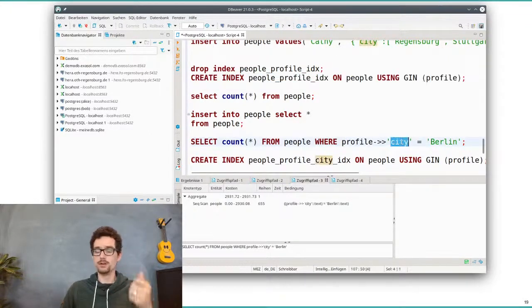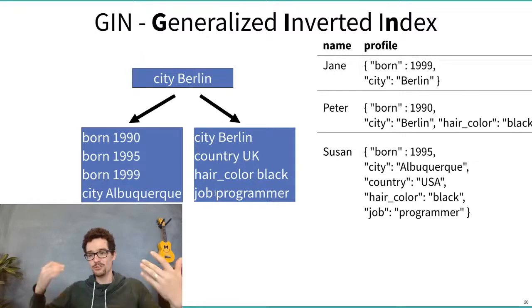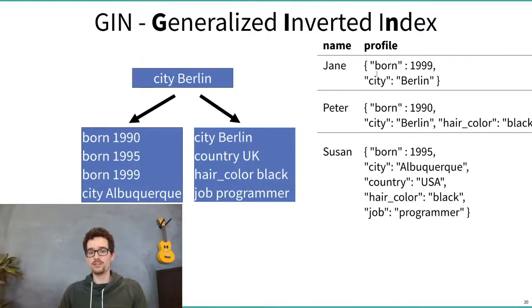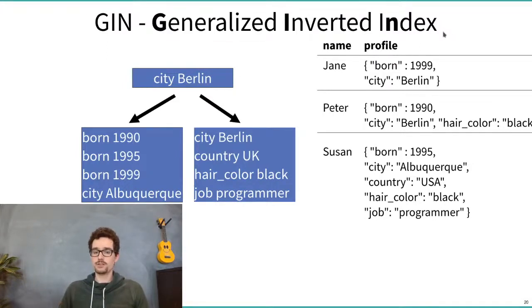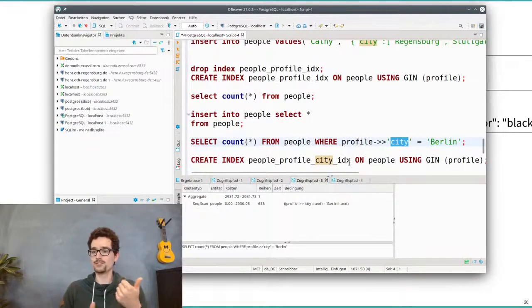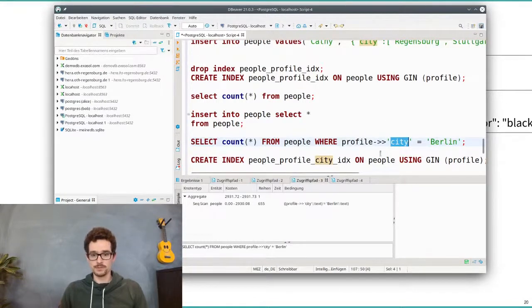Give me all people that live in Berlin, give me all people that have the country UK, give me all people born after 1990, give me all people that have a job not equal to programmer or something. So this generalized inverted index helps you for all kinds of queries that reference a top level attribute in your JSON data. So 2 questions are still open: how to support other operations like this here, and how to index fields that are not on the top level. So let's start with this